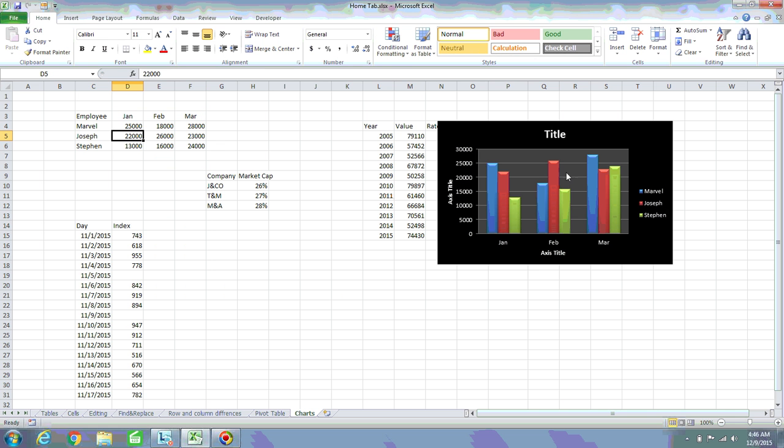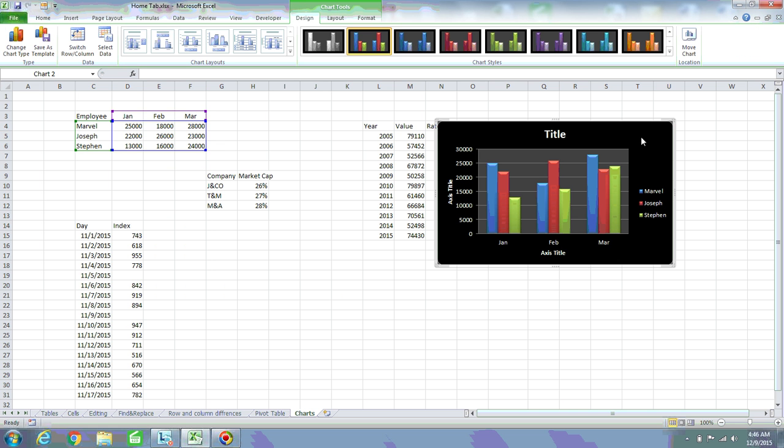Clear? So this is how we can save it as a template and make use of that particular template. So far we have observed all the options under design. Let us move on to the next option called layout. Now what I am going to do is I am deleting this